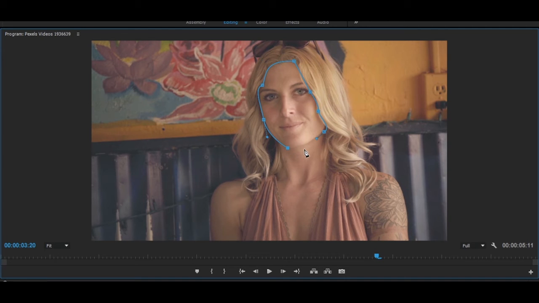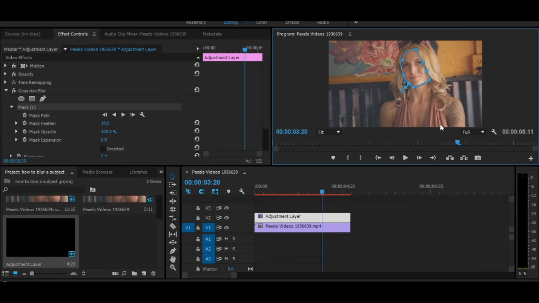As you can see over here, I have just completed the mask. To finish the mask, you have to connect it to the last point. I will just do it, just make it smooth. So now it's done. Now what we will do, we will drag the mask backwards, then we will drag forwards. Sometimes the face may move up and down, so we will track it.